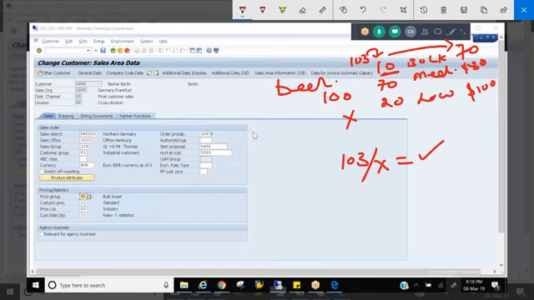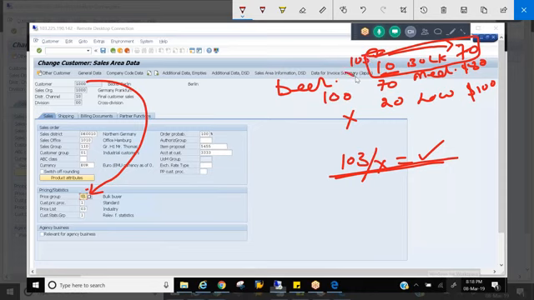So how will this help us categorize the customers like this? It will help us to maintain the pricing records. This is how we maintain price records. So the price group is to group the customers who share the same base price. Those who share the same base price go into one group called, let's say, X1. Then you will assign X1 here or 01, whatever it is.